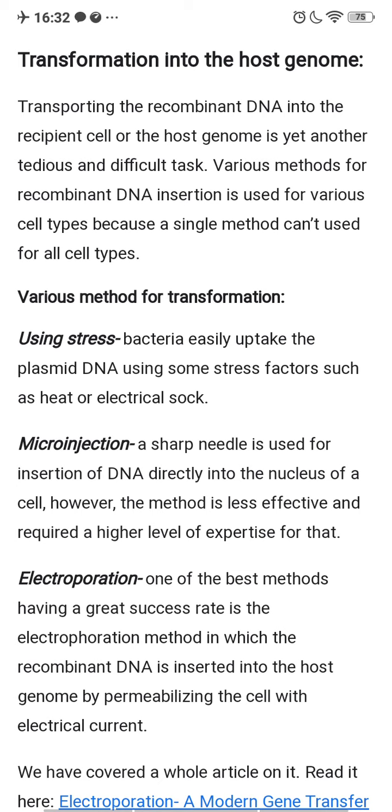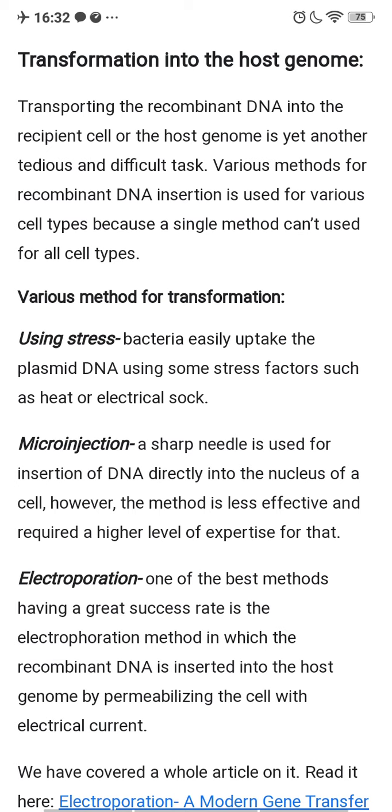Transformed the recombinant DNA into vector DNA, and how it is multiplied, and how now to transfer it into the host genome. Transporting the recombinant DNA into the recipient cell or the host genome is yet another tedious and difficult